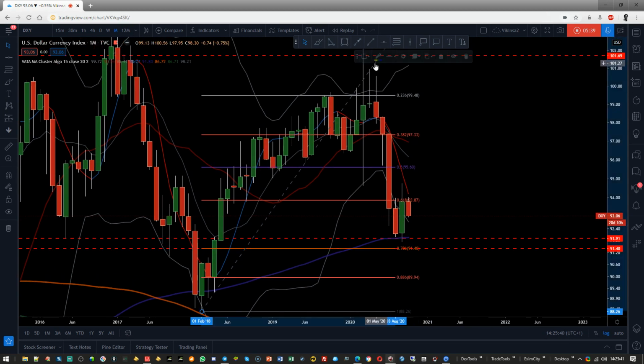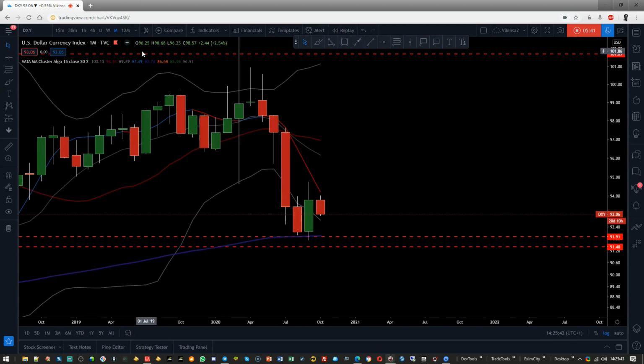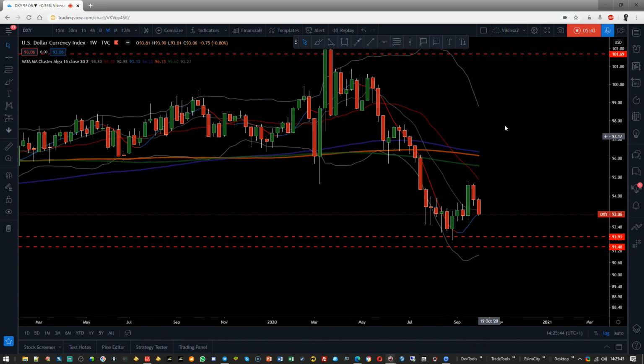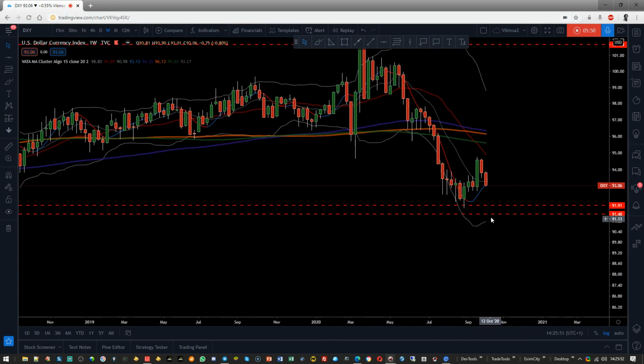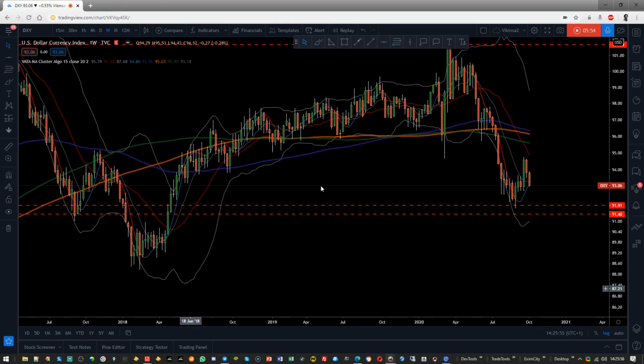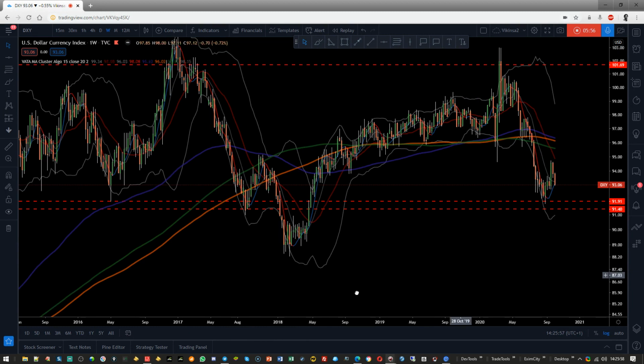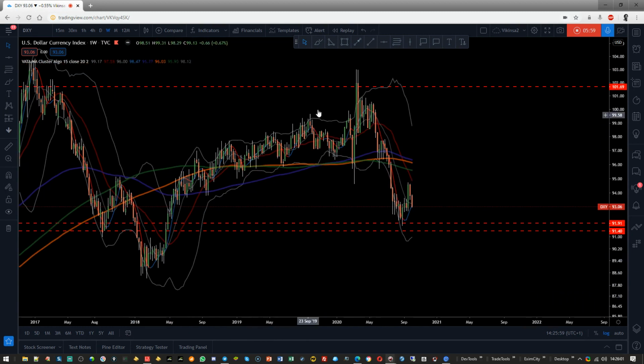Okay, and if I go to the weekly time frame, we also have a pattern here, which can actually complete right where this line is. So all of those things line up very nicely. If I show you this,